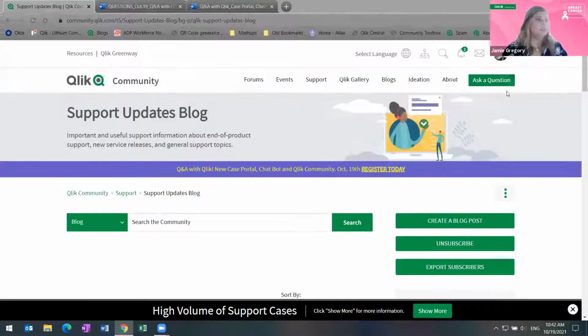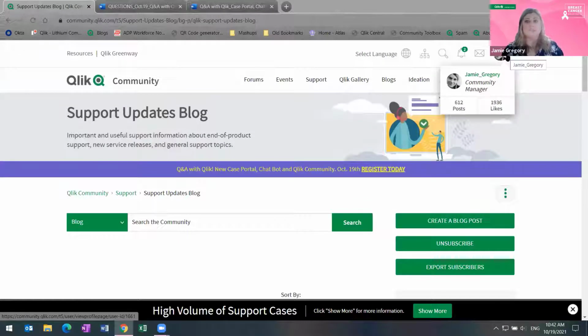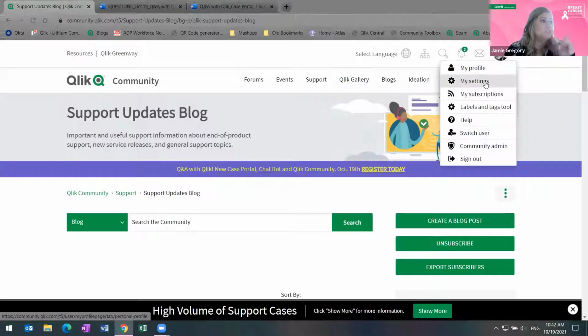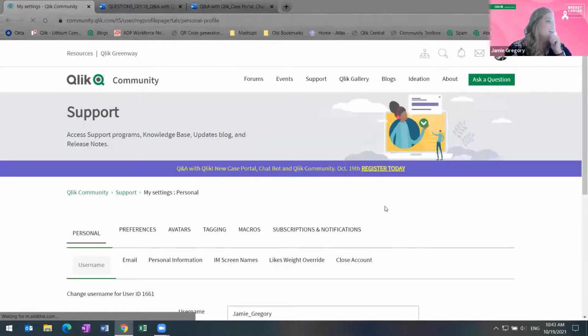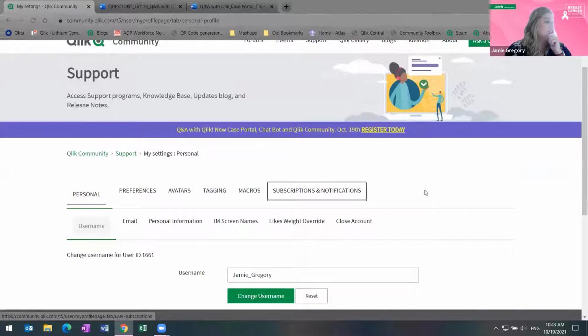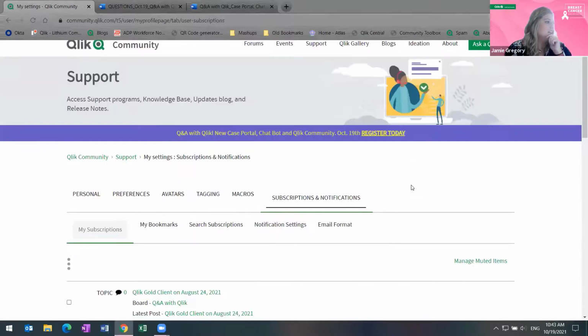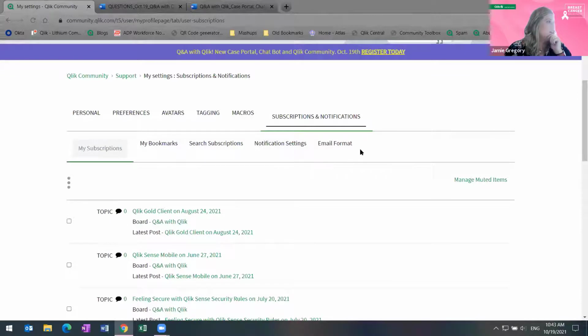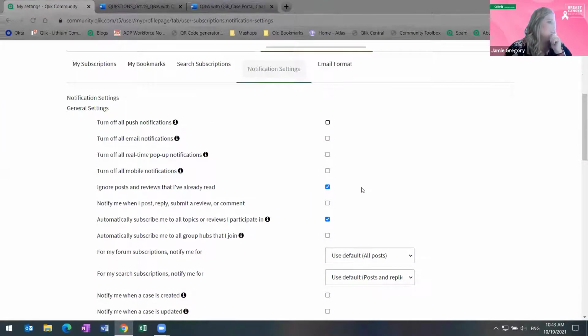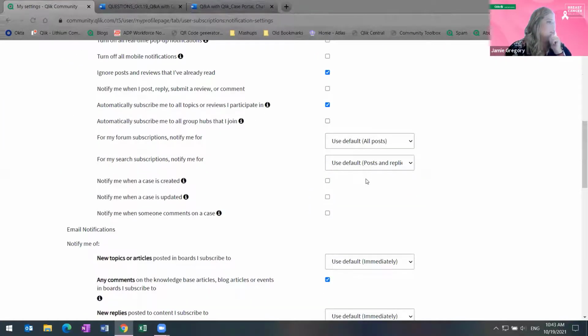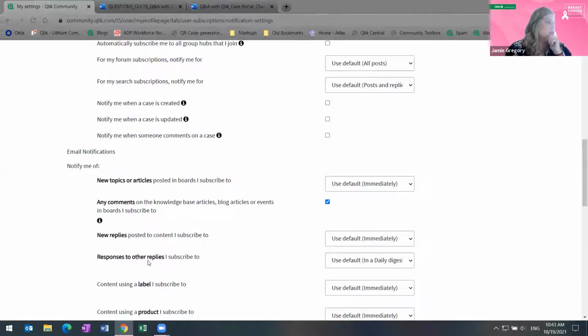Yeah, we do have different settings within the community itself, so you can receive email notifications. It'll probably take me a minute to find them, but under my settings here, and then subscriptions and notifications, there are different settings. You can see all the stuff that I'm subscribed to there. You can get daily digest, responses to other replies, comments.